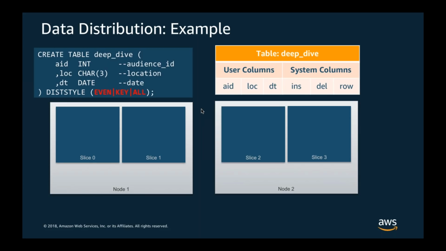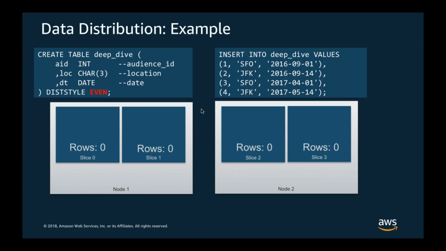Now let's go back to an example. Let's say we have the table and we define distribution style as even, and we are inserting those 4 records into the table. Now what even does is that it does a round robin distribution of the data, right? So we simply